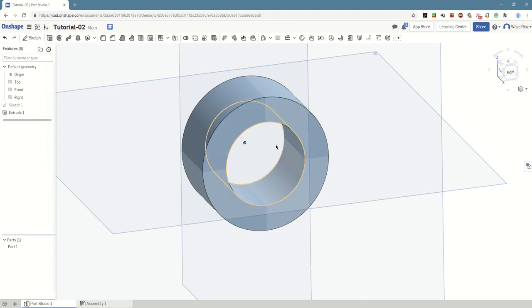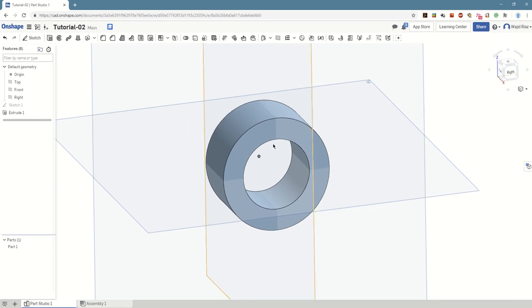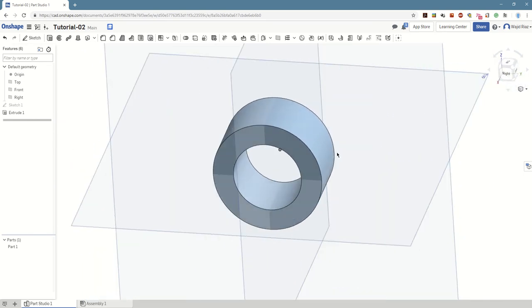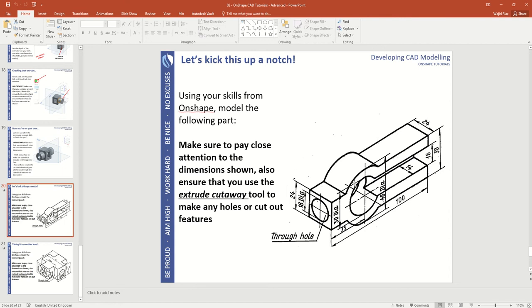There's no point in having two sketches here and it extruding both. So again, hopefully a tip that you can use, time saving. That's essentially what I'm trying to do, not just teach you this software, but teach you good practice and efficient modeling techniques. So let's go back to our technical drawing. Now, what I want to do is draw this part going out. Now, again, it is quite difficult to see the exact